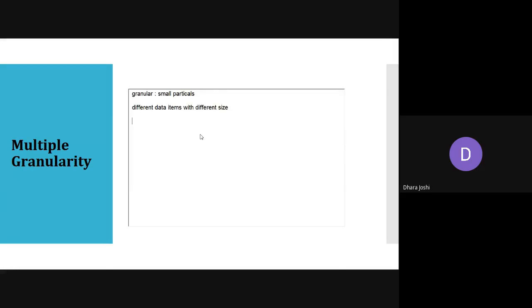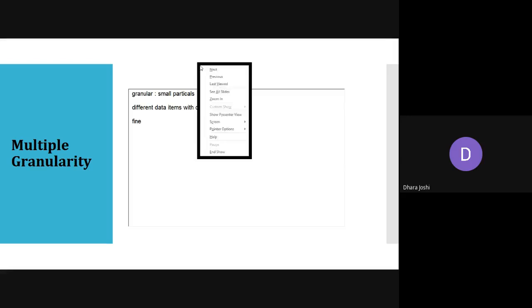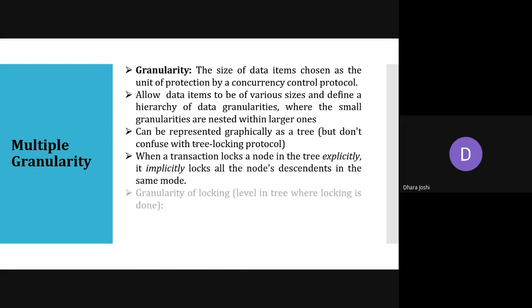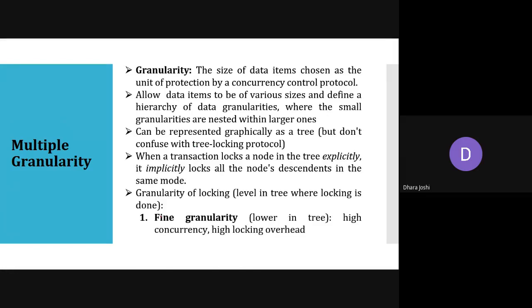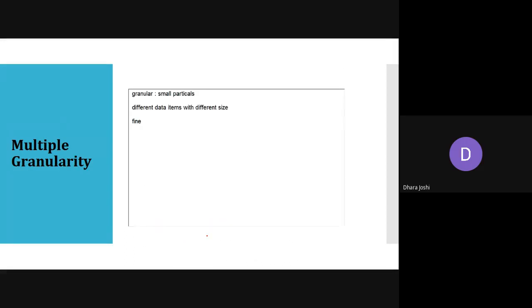The first one is fine, and the other is coarse. Fine granularity means it will have high concurrency and high locking overhead. Fine means the smallest one, and coarse means the bigger, more general approach, which will be larger.